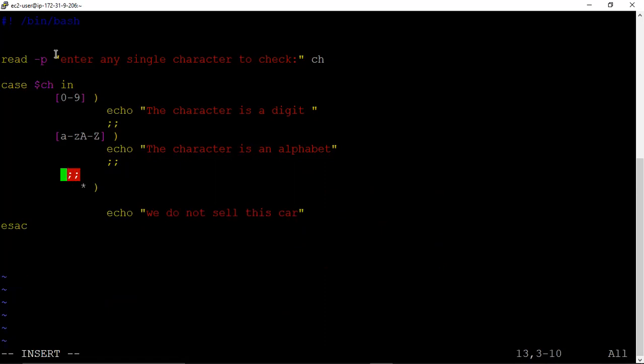Reason is very simple. If your character doesn't lie between 0 to 9, small a to small z, capital A to capital Z, in that case the default action will be: it is a special character.